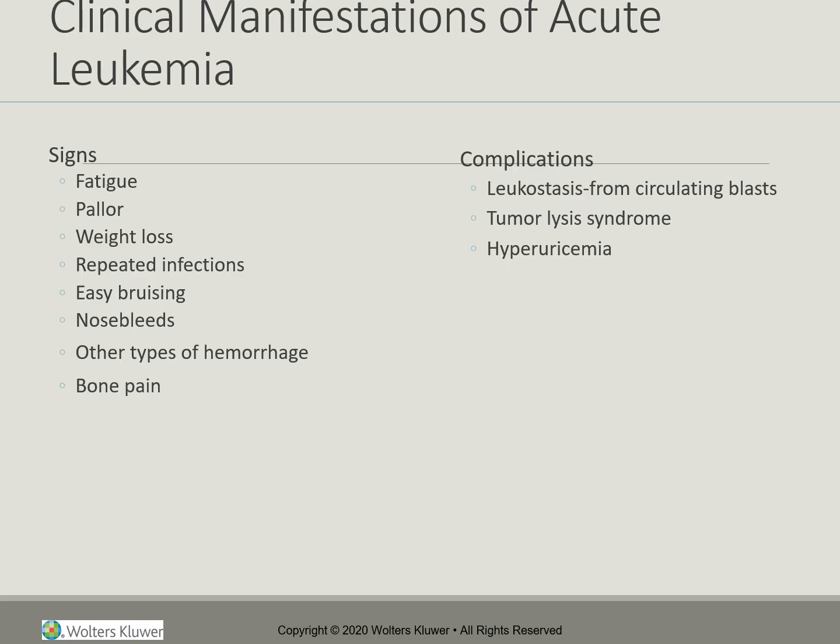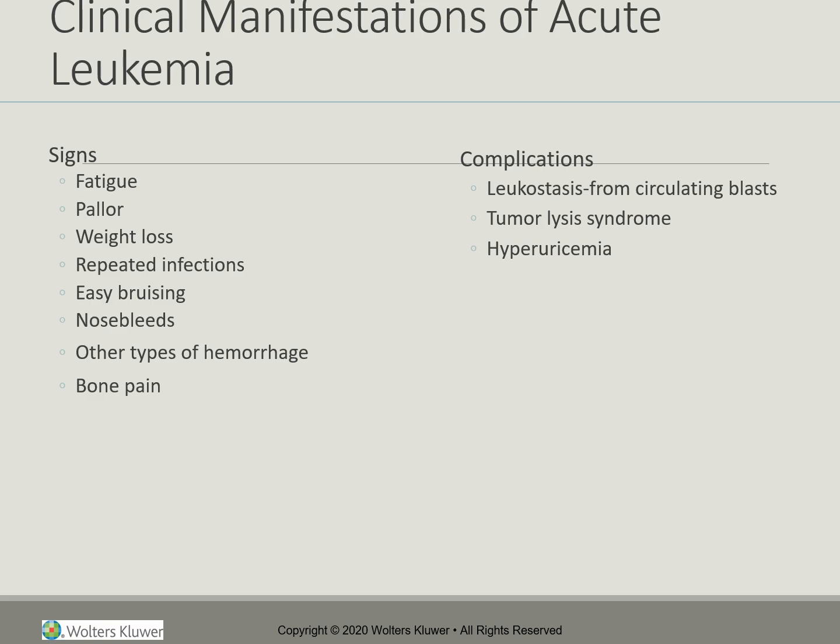They can bruise easily and get nosebleeds and other types of hemorrhage. Remembering that this disorder may not just affect the white blood cells, it can affect all cell types. They may also experience bone pain, and that bone pain is directly coming from that increased production of cells